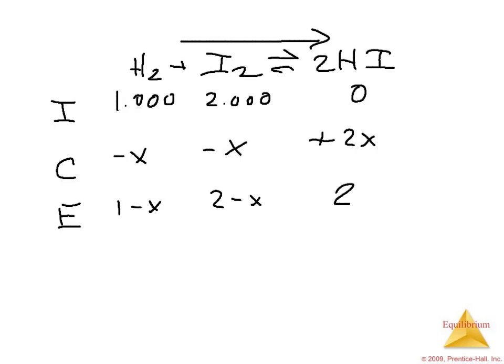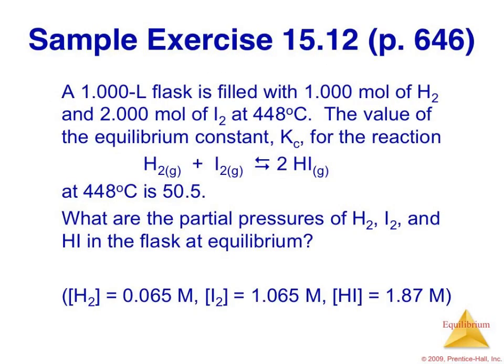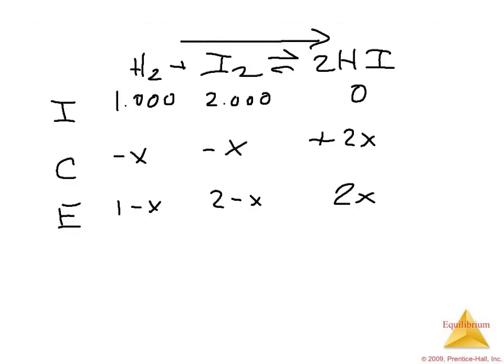And then this is just 2x. Okay? So then I can plug this into my equilibrium expression, and again, we know the value for K. It's given to us right here, 50.5. So 50.5 is equal to,